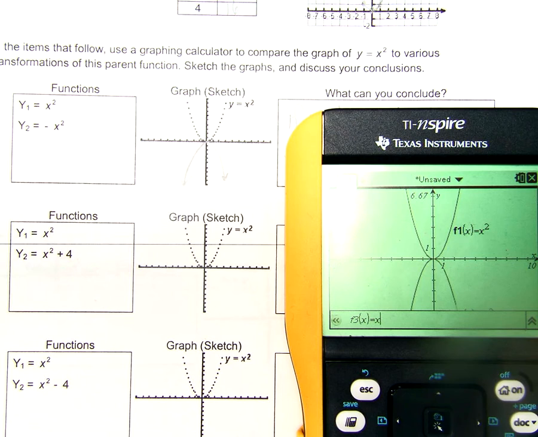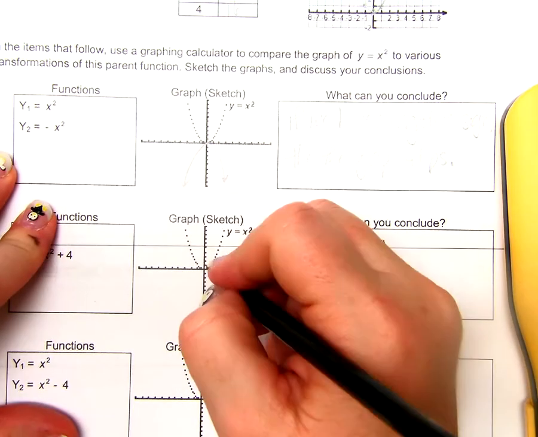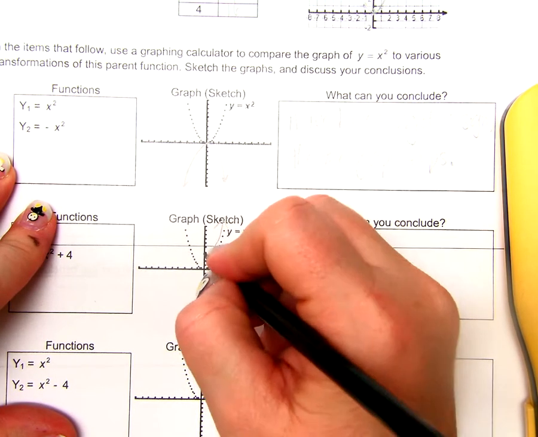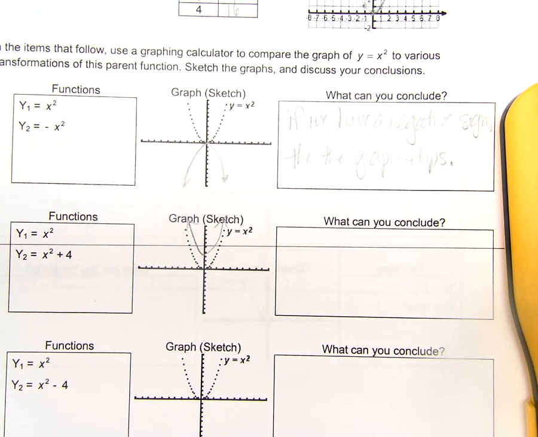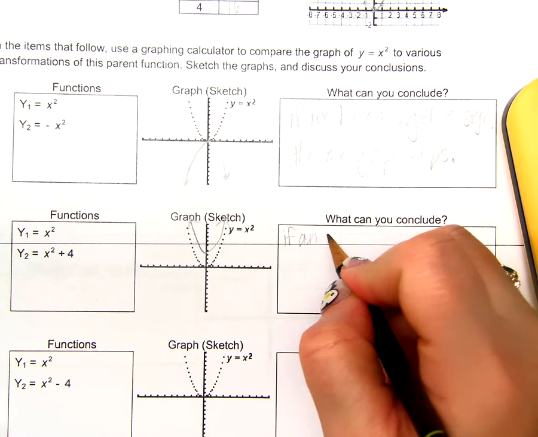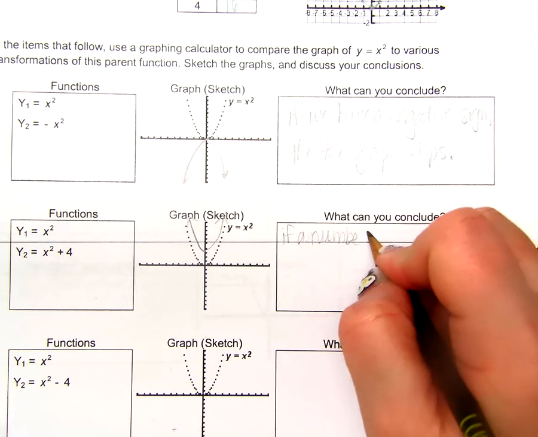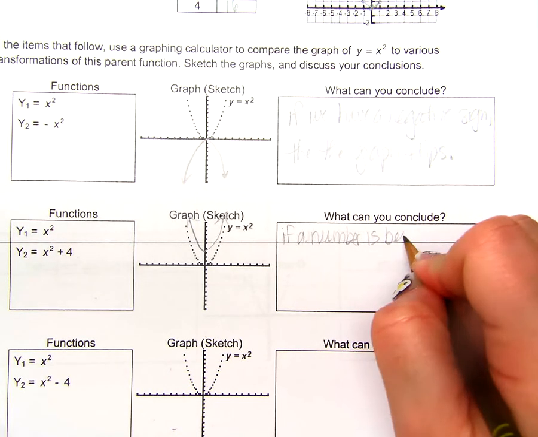Okay, so x squared plus 4. Did you make a prediction? Did it do what you thought? Okay, so my sketch is like that. What can you conclude? If a number is being added, is that what you said? If a number is being added,